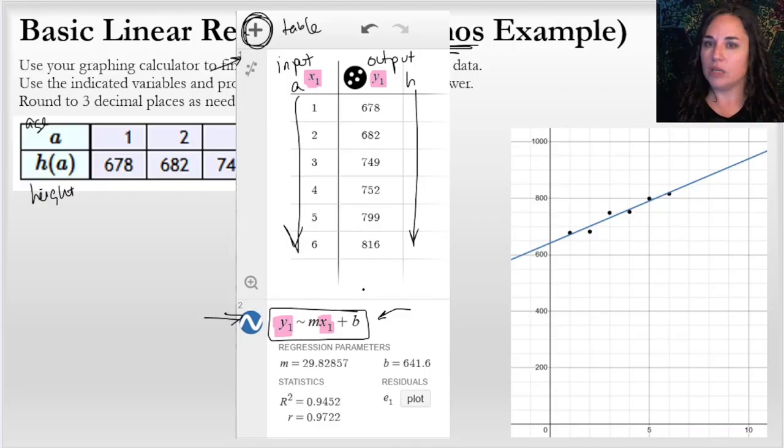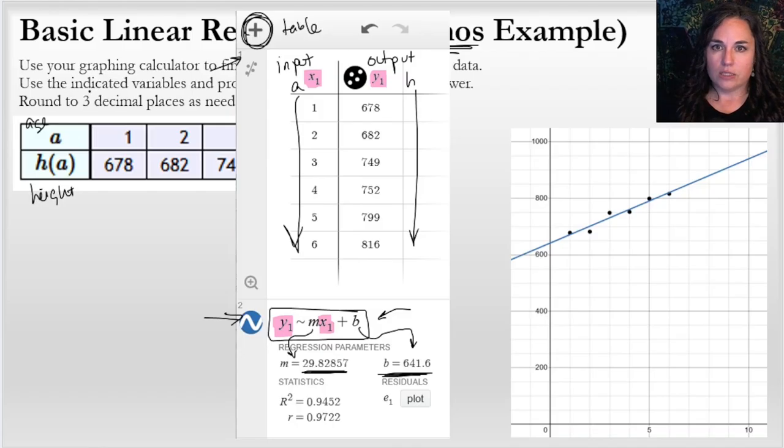Maybe a power, it may be an inverse. What I want you to show me is that you're really aware of what your model is. You're not just letting the program do some magical calculations for you, but you know exactly what's going on. So we can see the regression parameters, that m value, is 29.82. And we can see the intercept value is